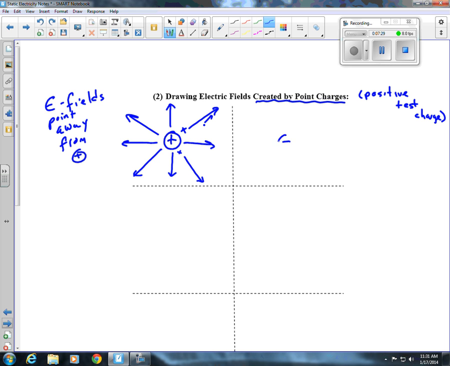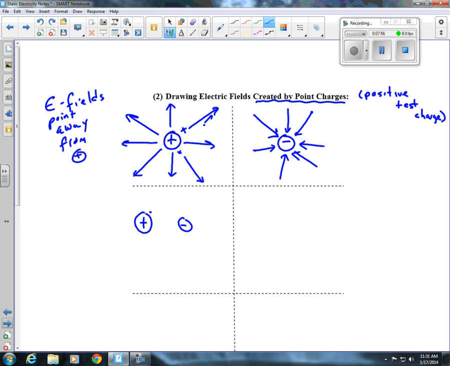Now, if I have a negative charge, I imagine my little positive test charge right here. Which way is it going to go? It's going to see that negative charge. Since it's positive, it's going to be attracted to it, so it's going to want to go that way. So it's going to look like this. They point toward negative charges. If you memorize that electric fields point away from positives and towards negatives, it's going to make life a little bit easier. If I have a positive and a negative,